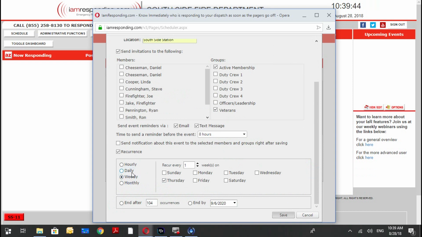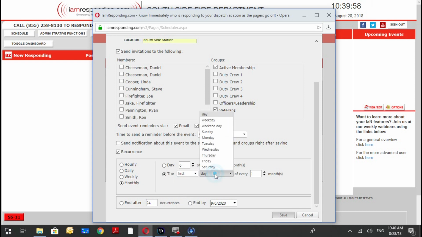I prefer using the monthly method. So I select monthly, so the first, second, third, fourth, last. The first, and then day, weekday, weekend day, Sunday, Monday, Tuesday, Wednesday, Thursday, Friday, Saturday. The first Thursday of every 1 month. If you have biannual meetings, just select 2 months. So first Thursday of every month,